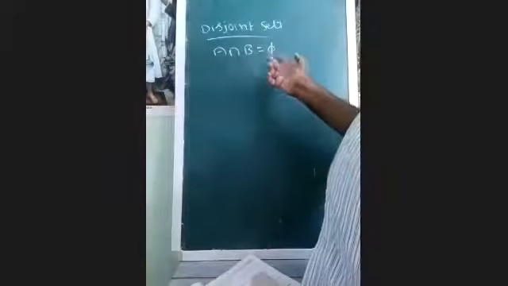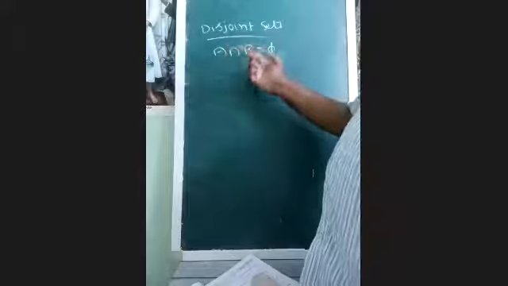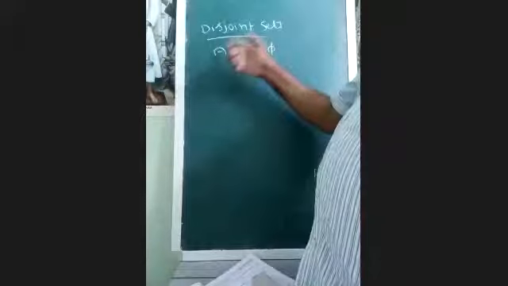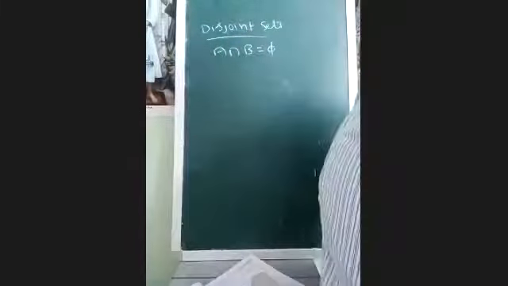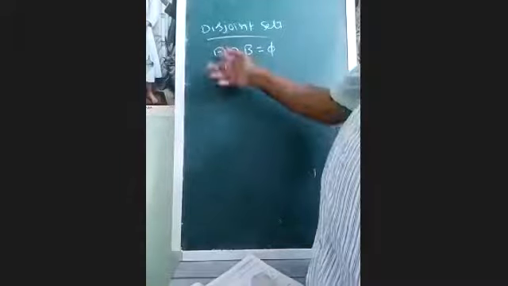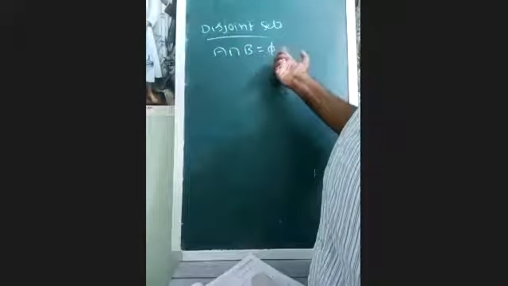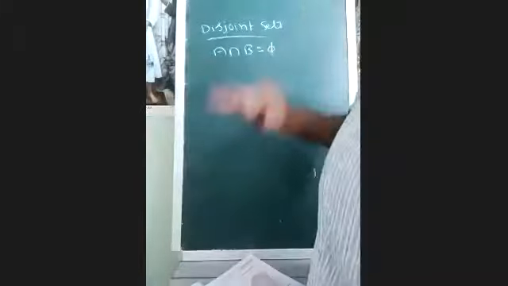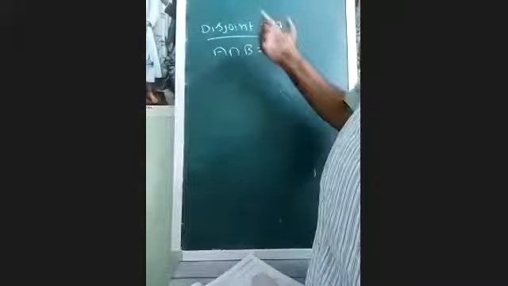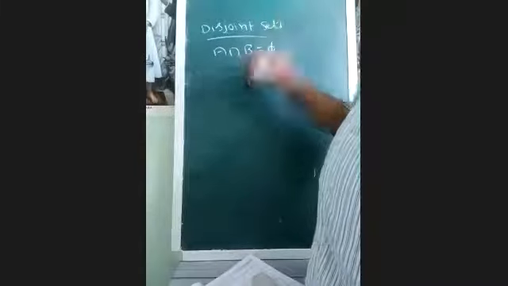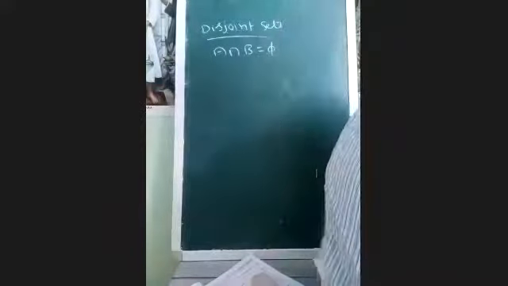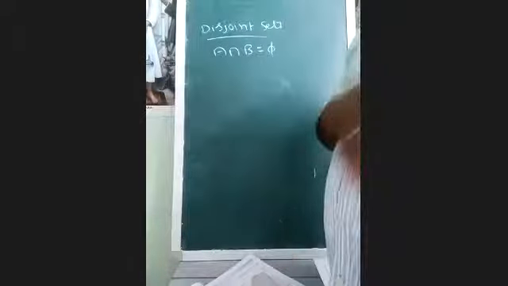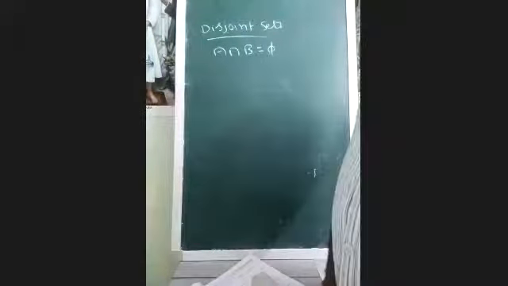You observe A and B. A may be an empty set or B may be an empty set, or both A and B are empty sets. Then this is called disjoint sets. A empty, they have no common elements, so phi. B empty, they have no common elements. A and B, they have no common elements. Disjoint sets means I am taking two sets A and B that have no common elements. Then this is called disjoint sets.